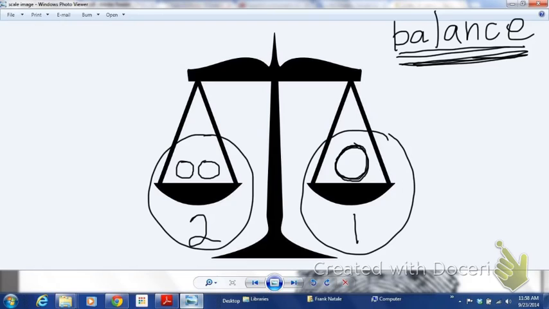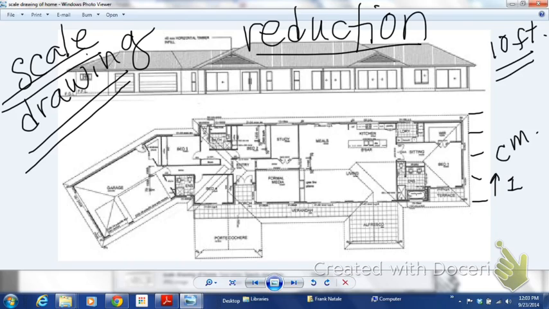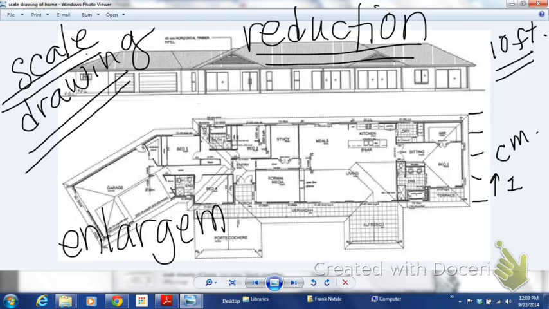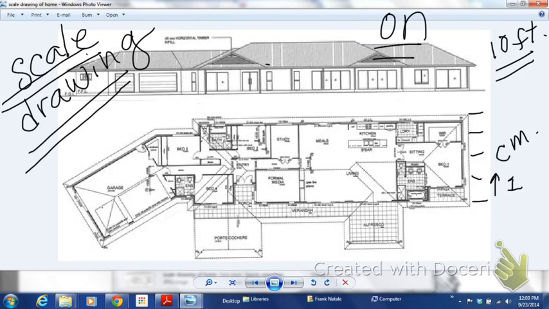So if you're going to create a drawing like this, it is an actual reduction of this home. And the actual home is going to be an enlargement of this drawing, this plan. Now, an architect, maybe some of you aspire to be an architect one day, but they're often called renderings, or they're called plans. These right here. So it's more or less a reduction of the original,